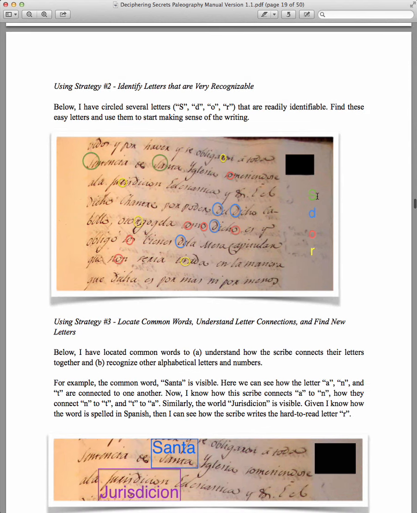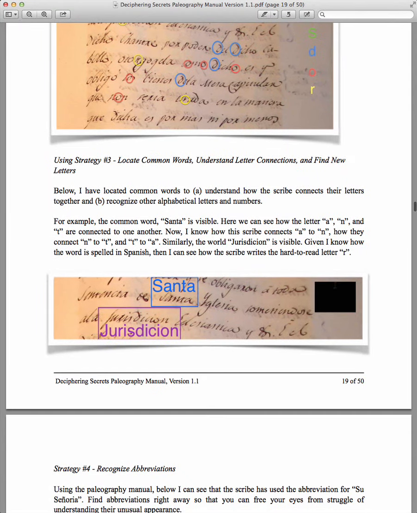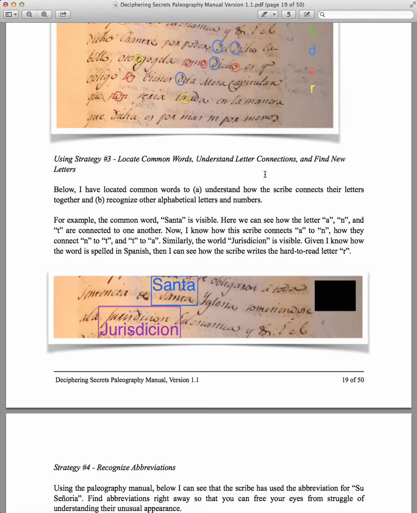And then again, you can see here's the S, the D, the O, and the R. So you can look at that a little bit more closely later. At the bottom, the next strategy is locate common words and start to understand the letter connections and find new letters. So what's really the next big challenge of working with a document is to appreciate